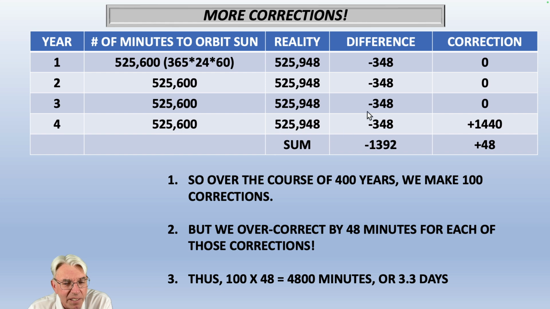When I made the modifications up in here, the difference, we were falling short by 348 minutes, which was a total deficit of 1392, but we're adding in 1440, which means that we're overcorrecting by 48 minutes for each of those corrections. So 100 corrections over 400 years times 48 minutes is 4,800 minutes, which turns out to be 3.3 days. So we're overcorrecting by 3.3 days,